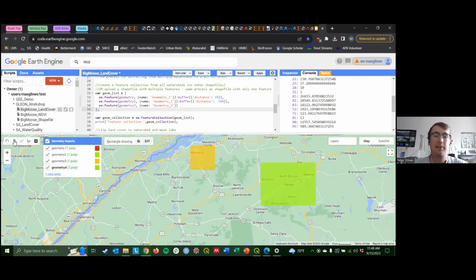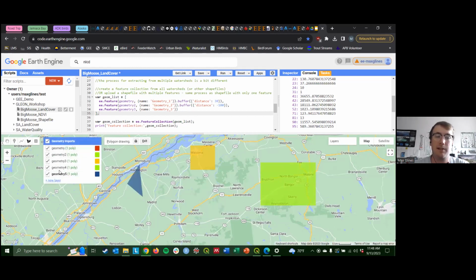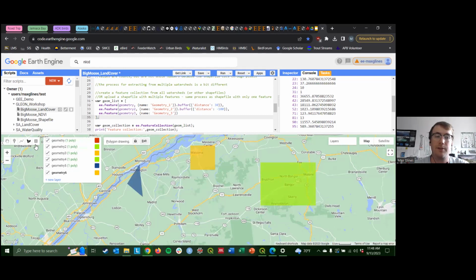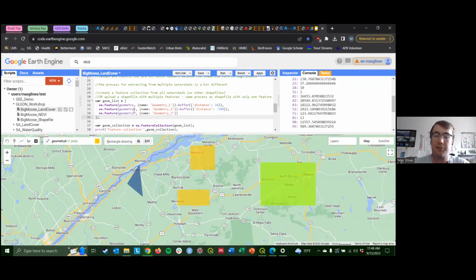Just keep adding new layers. And you can make it whatever shape you want. And you can just keep doing this. So that's how you get these. Just imagine that these are shapefiles. Same thing. So what you do once you have all your shapefiles, or in this case geometries, once you have